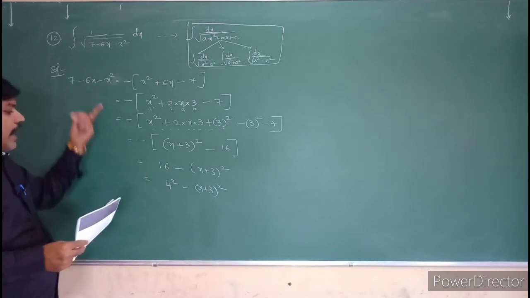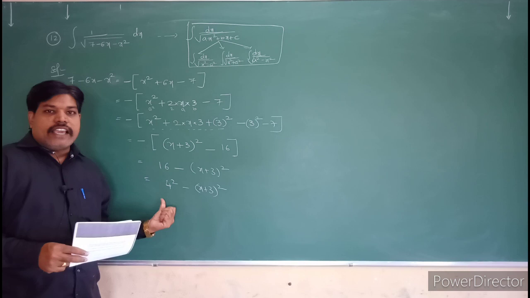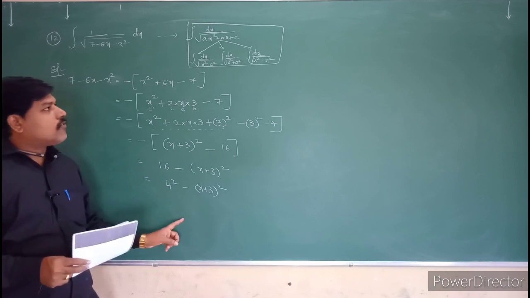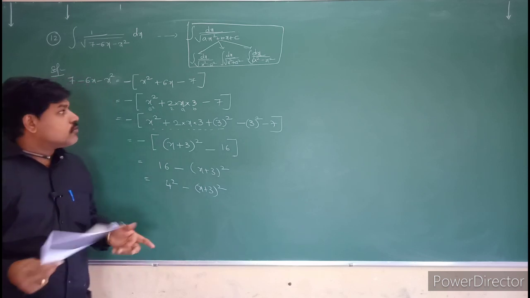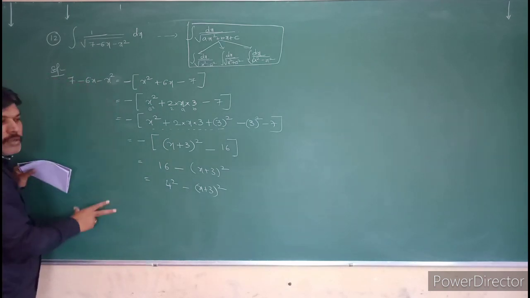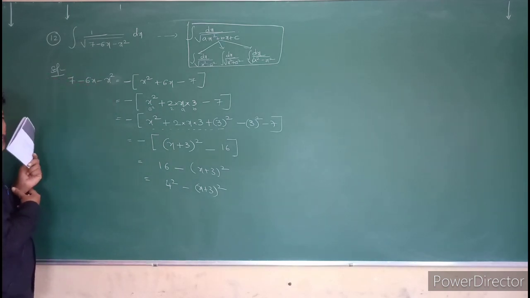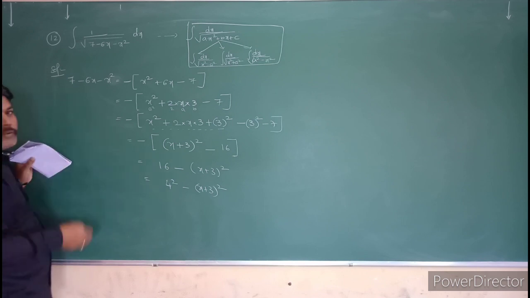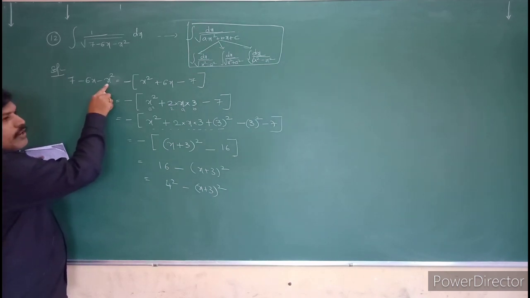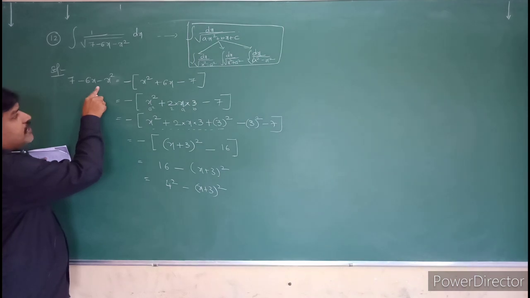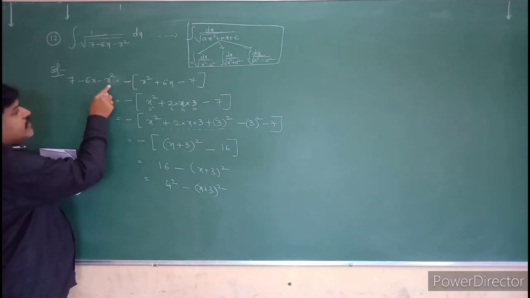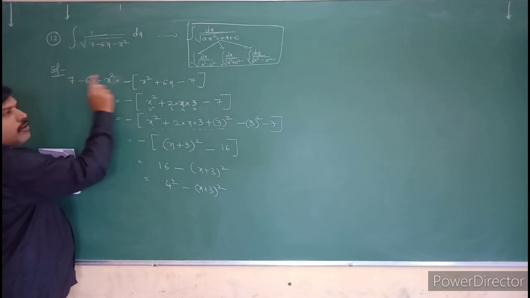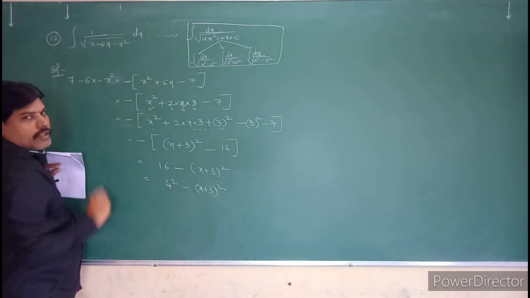So this term I am converting into the form of a square minus x square. Do you understand that? So see that. This is the important one. You have to practice for the next questions also. First, what we have to do? First we have to take the x square coefficient common. So if you take that x square coefficient common, what will we get? Minus of x square. This value will become plus 6x minus 7.